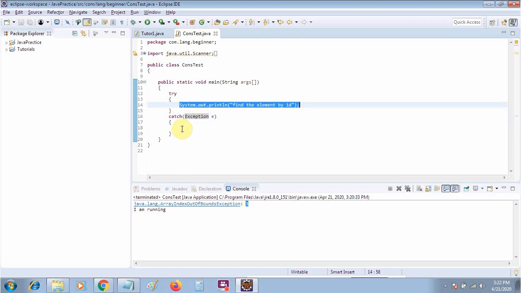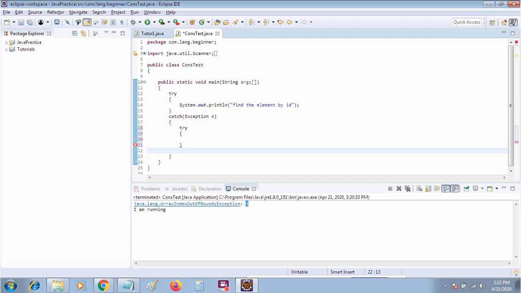And if it is not able to handle it by this one, then we again use the try block here, and then again we will move on to the catch block. In this way, exception e2. Now I am saying find the element by the xpath.